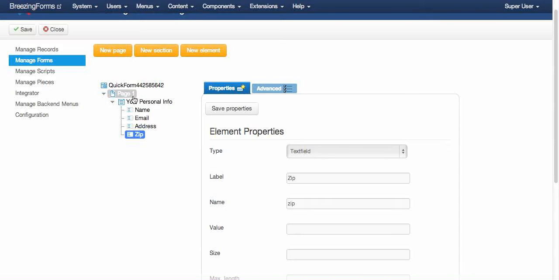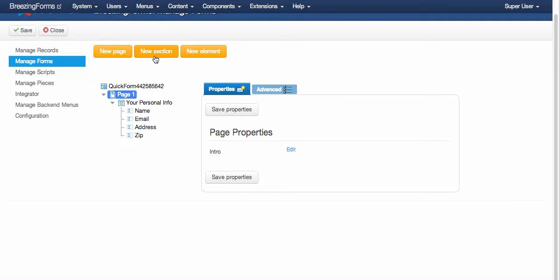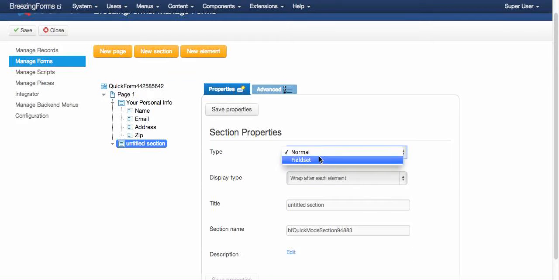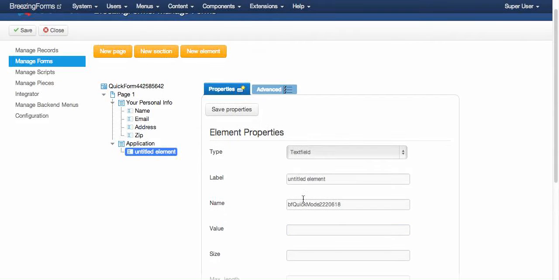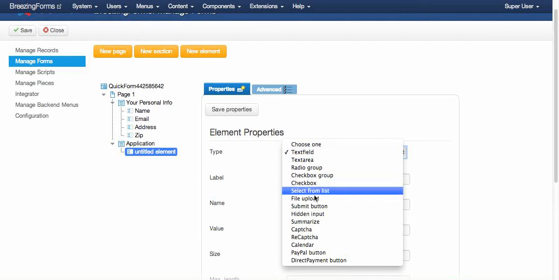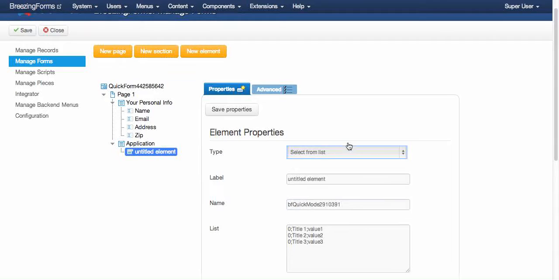So that would be our base personal info, and then I would like to create a new section that would be again a field set, and that would be the application info that I would require from an applicant, and that could be, for example, the job type that I'm offering, and let's do it with select, that's better. The job type,